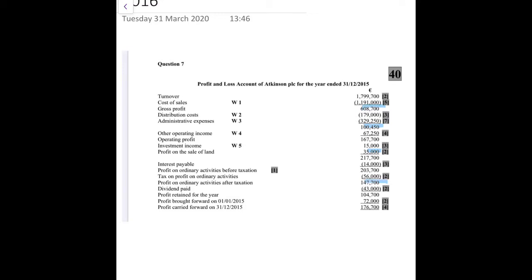€147,700. Our dividends paid are €43,000 coming straight from the trial balance, and that leaves you with a retained profit for the year. So the profit that the company are ending their year with is €104,700. Then you check and see what is the story with the balance that's in the trial balance. If it's in the credit side, you are adding it on, and if it's in the debit side, you are taking it away. In this question, it's in the credit side, so we're adding that 72,000 on, okay? Adding the 72,000 on, which leaves you with a profit carried forward at the end of the year of